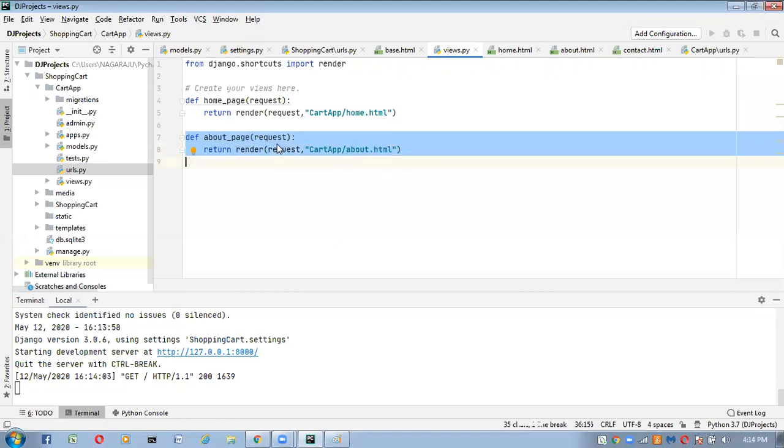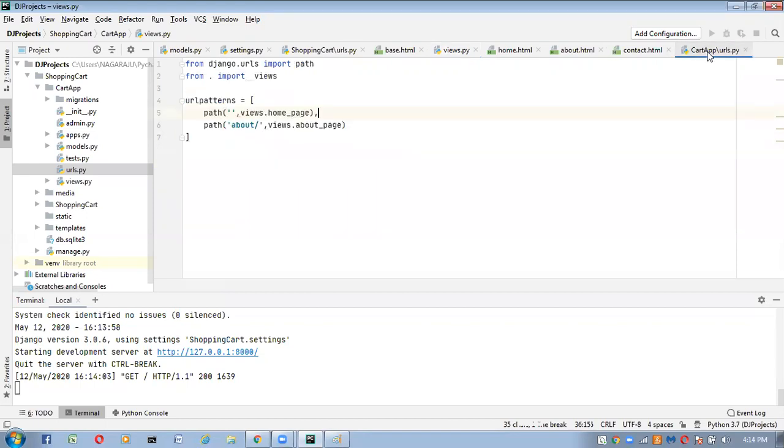The corresponding URL pattern that you configured inside the urls.py file, we have to provide there. If you give this URL pattern, whenever you click on about us, this URL pattern will be triggered.